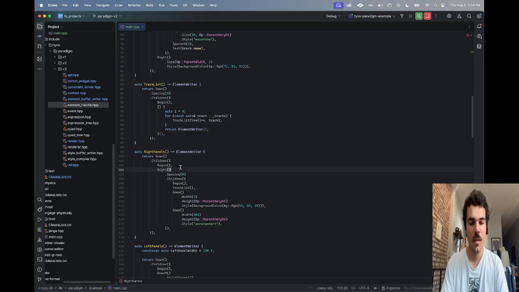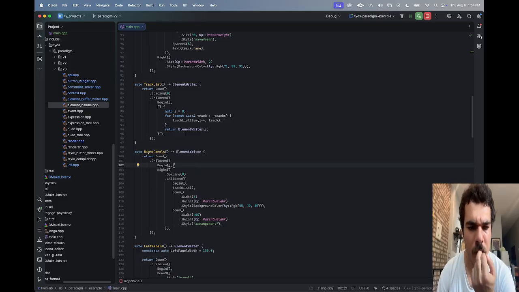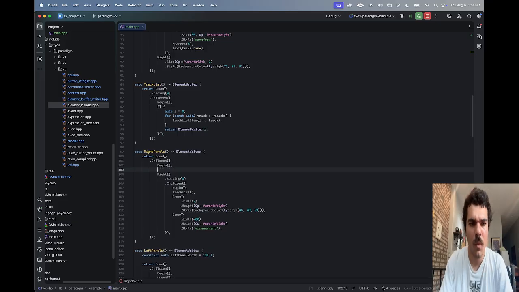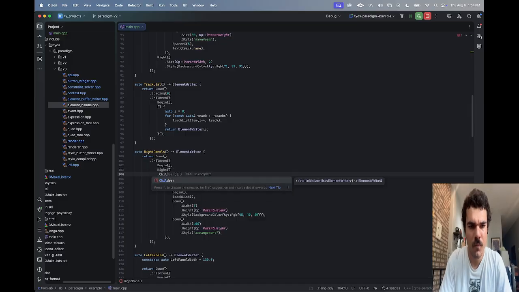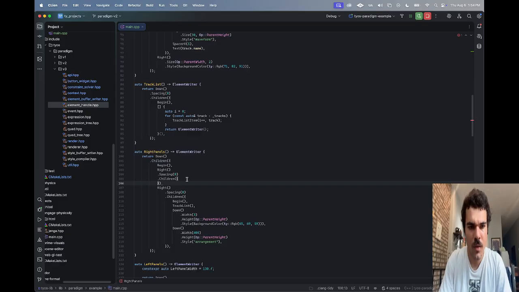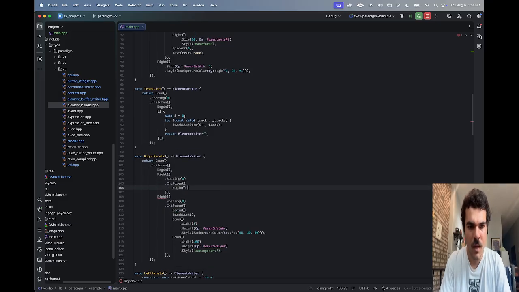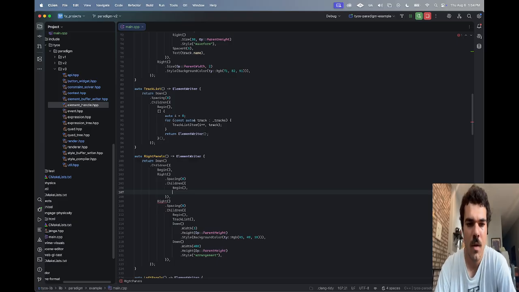Then we want to say we want one right layout with the same sort of settings, and then dot children, and what's going to be in this right layout, guys. All right, begin, and we're going to have